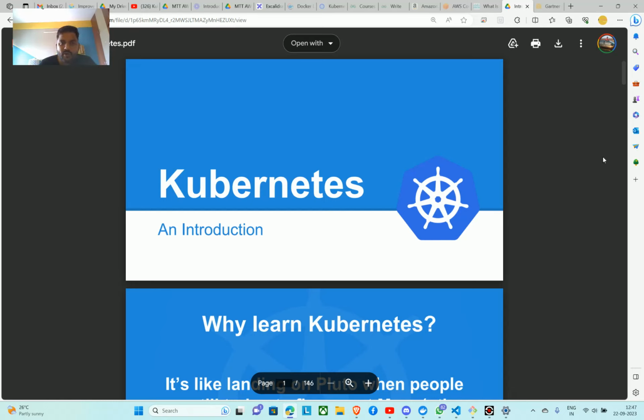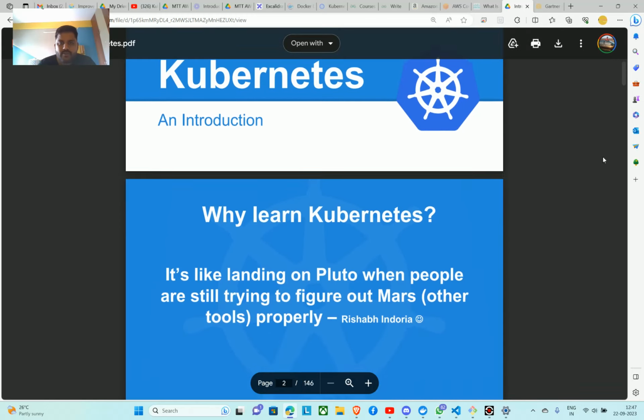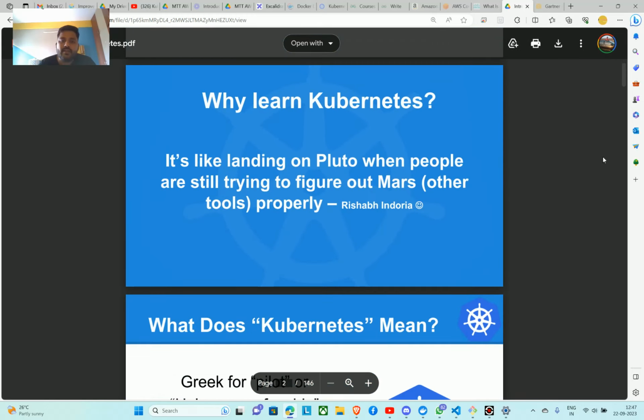So today I am going to talk about Kubernetes and an overall overview. So what is Kubernetes and why should we learn Kubernetes? Basically, Kubernetes is a container orchestration tool designed by Google. Okay. And why do we still need to learn Kubernetes, when Kubernetes has been around for many years now?